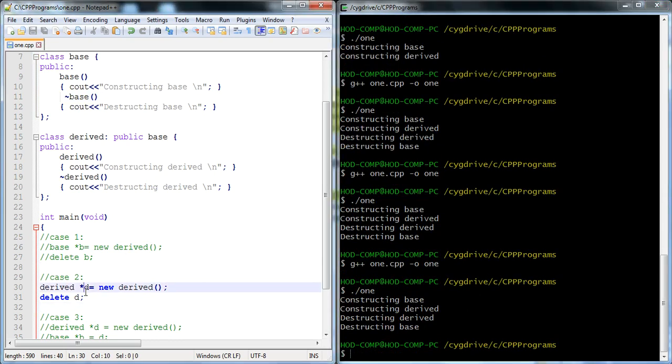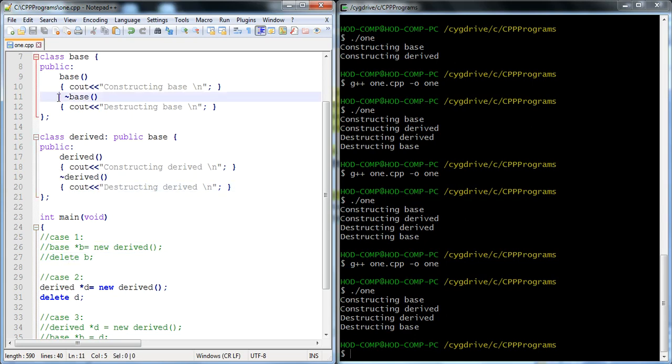When we create the derived class pointer and store the derived class constructor address, and when we delete the derived class object, then definitely it calls the destructors of both classes, right? But when we create the base class pointer and delete the base class pointer, it does not call the derived class destructor.